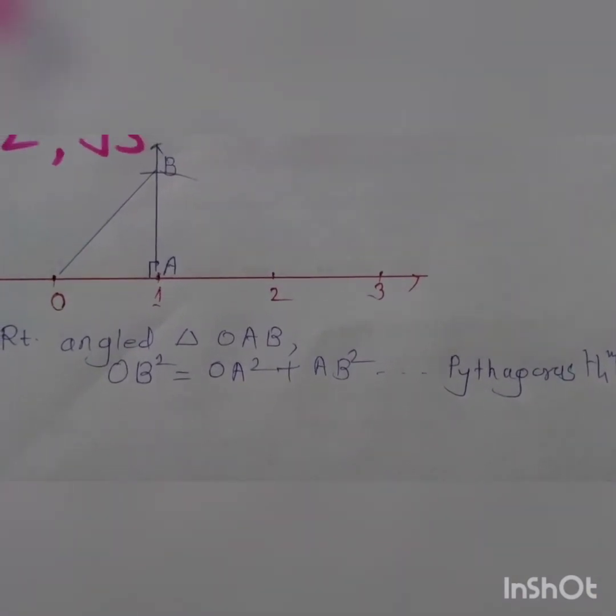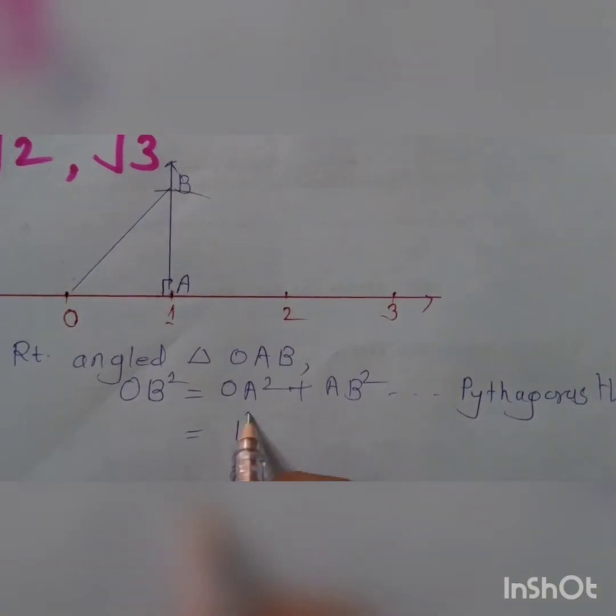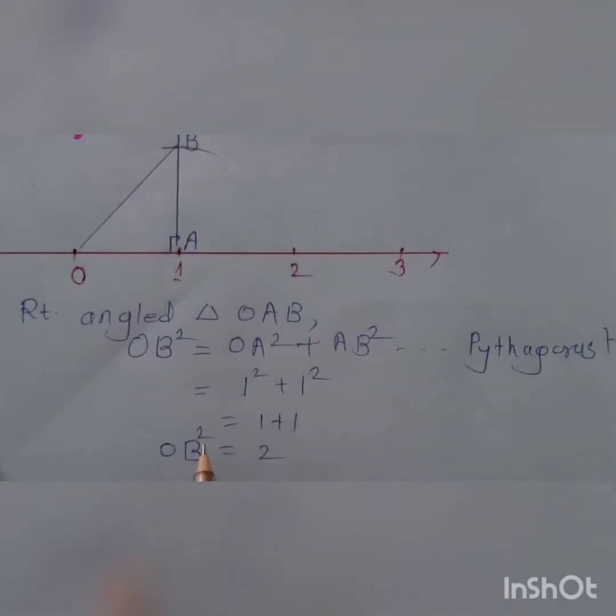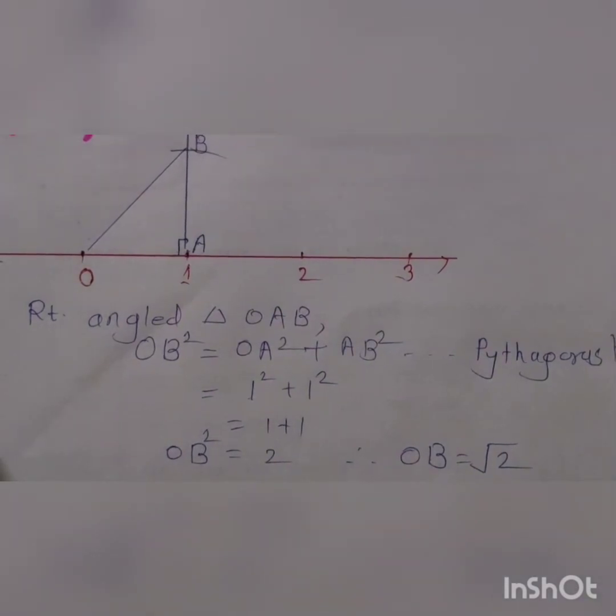Now here put up the values. OA, that is 1 unit, 1 square plus 1 square, 1 plus 1, that we will get 2, means OB square is equal to 2, and therefore OB is equal to √2. OB is equal to √2, and that's why